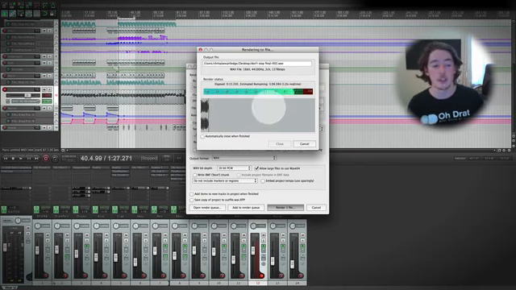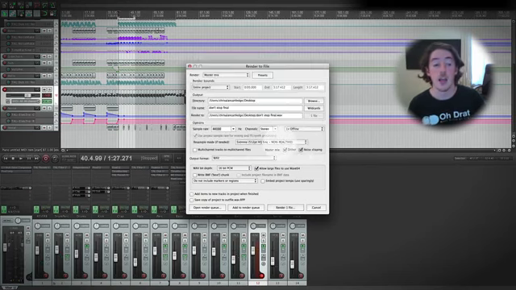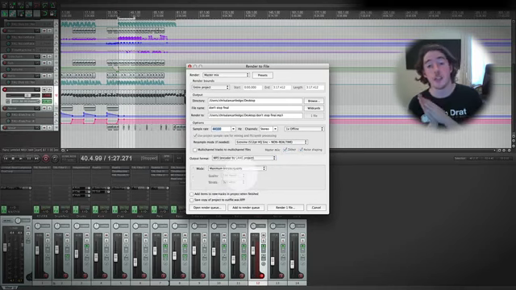Now we don't need to sit here and wait for this to finish. Let's just cancel that and take one last look at the other file type we might want to use, and that would be MP3. Now, if you've not heard of MP3, if you've been in a cave for the last 15 years or so,